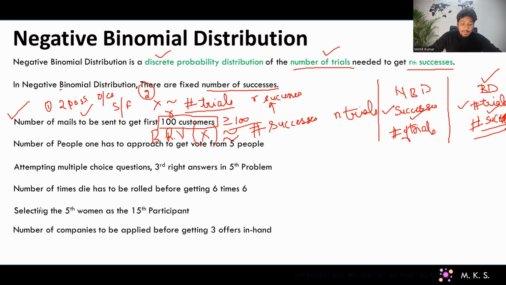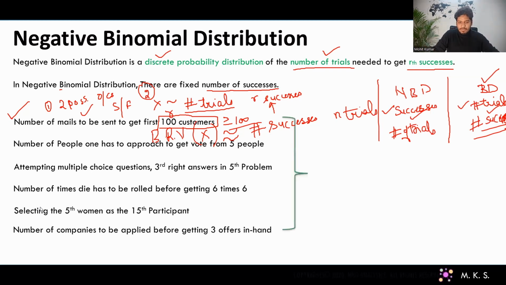Number of companies to apply to before getting 3 offers in hand. This is an amazing example, guys. You can easily relate it to the negative binomial random variable. Not every time you apply do you get the job, right? So your trial is applying for the job. Success is you get hired or get the offer. Failure is you did not get the offer, right? So how many jobs do you have to apply to before getting 3 offers in hand? R over here is 3, right? I hope these examples make your understanding of the negative binomial distribution, or negative binomial random variable, pretty clear, guys,